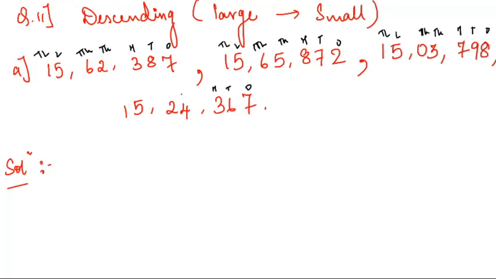Now here all the numbers are in lakhs. How will we solve this? We are going to start with 15 lakh, 15 lakh, 15 lakh, 15 lakh. Okay. 62,000, 65,000, 3,000, 24,000. The biggest number is 65. So we will write here 15 lakh